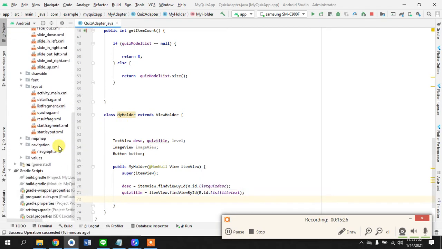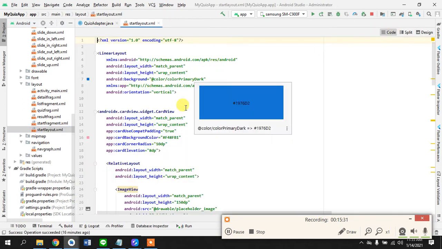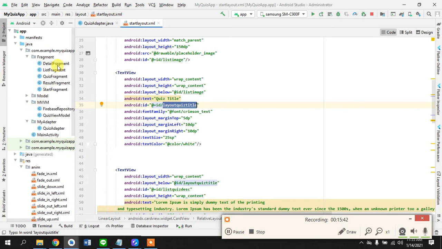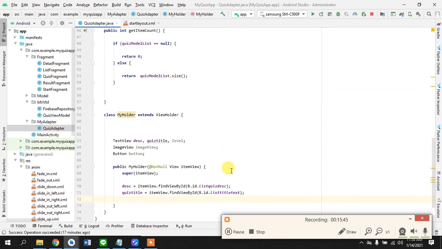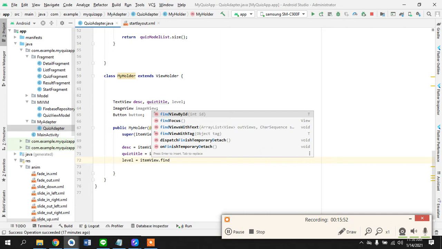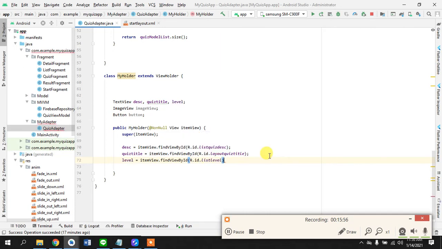If I'm not wrong, this is the ID for that list title text. I have given the wrong ID there, so it will crash later. And we have level, list level, and lastly we have an image view,